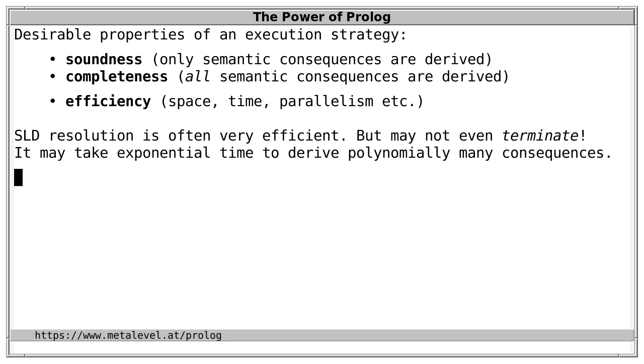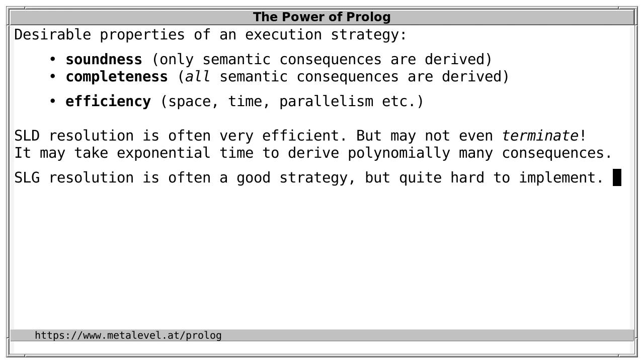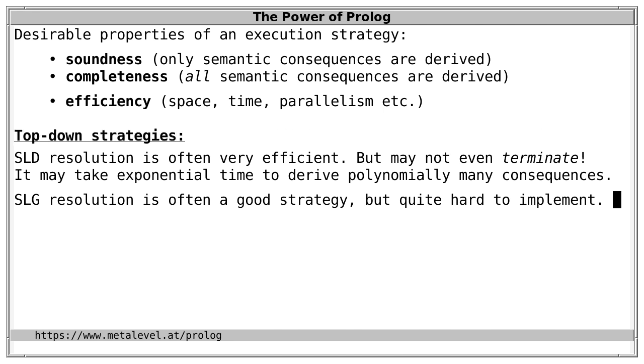So what can we do better, or at least differently? Well, we already know one way to guarantee termination if there are finitely many solutions, namely by using tabling. So SLG resolution instead of SLD resolution. This is often a good strategy, but quite hard to implement. So not even all Prolog systems have it. And even though it helps to improve termination properties, it also has exponential overhead in the worst case, as in our example graph. And both of these are instances of what is called top-down strategies, because they start from the